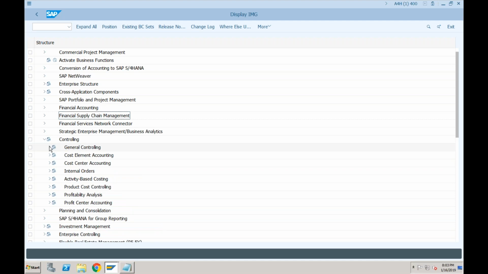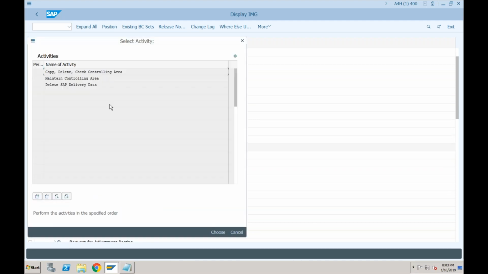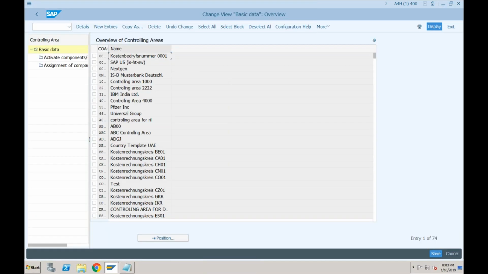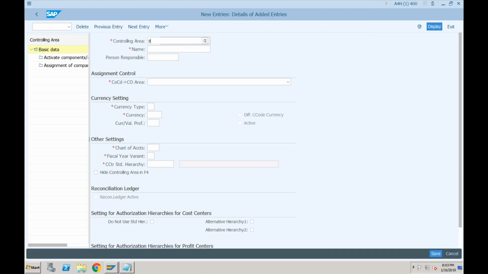General controlling, organization, maintain controlling area. Same path that we were using in ECC. If you want to create a controlling area, again you go to new entry and specify this one, SF01. Whatever you want to create, this is just for example. I'm currently using a controlling area same as company code.